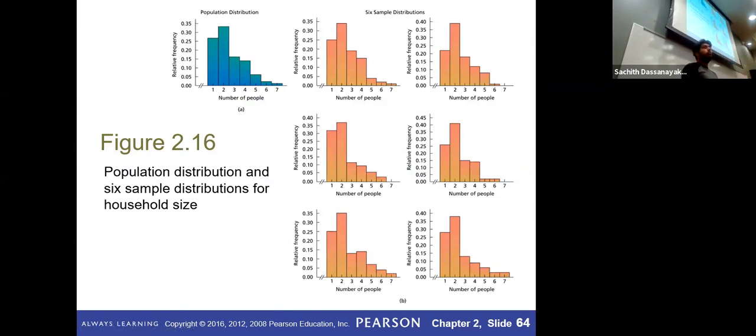Using one population, we can extract as many samples as we want. Here we have taken 6 samples from the population. Once you consider the population, you can see the blue one at the top. That is the shape based on the population. So the first graph, A, is the population distribution. They haven't shown it here, but you can simply draw your virtual smooth curve. It's going to be a slightly skewed one.